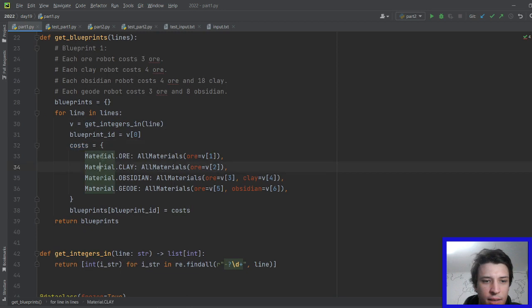So we have, for example, for the material ore, the cost will be a vector, or this AllMaterials class, where the ore amount is set to v1. So v1 will be the first integer, starting with 0. So that will be 0, that's given as the ID. And then this will be the integer at index 1, which tells us how many ores it takes to get one ore robot. Similarly for clay,